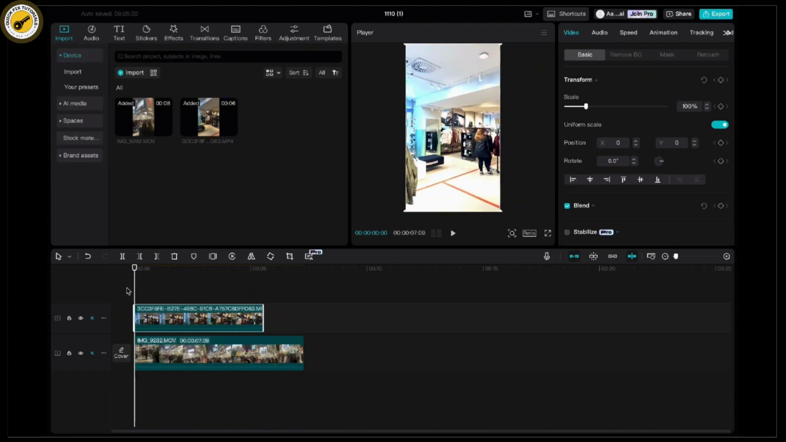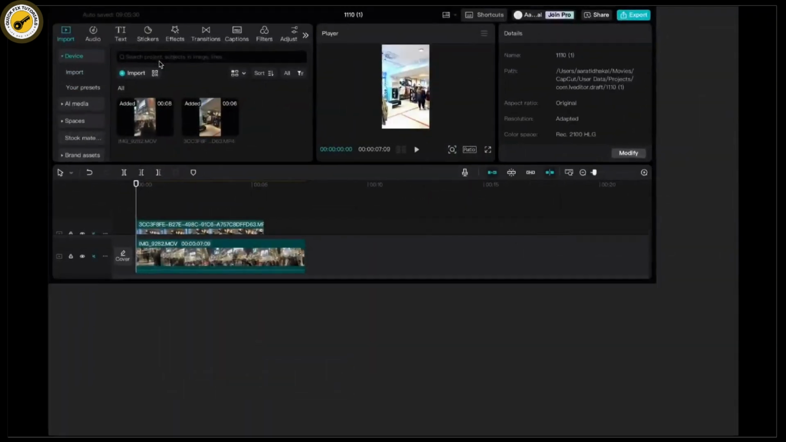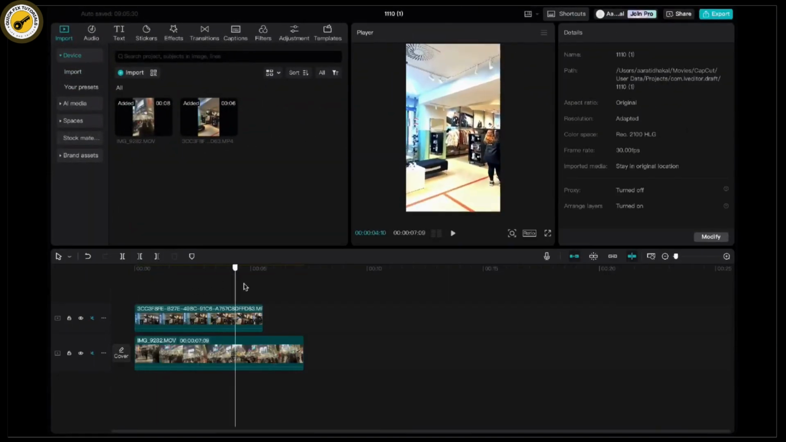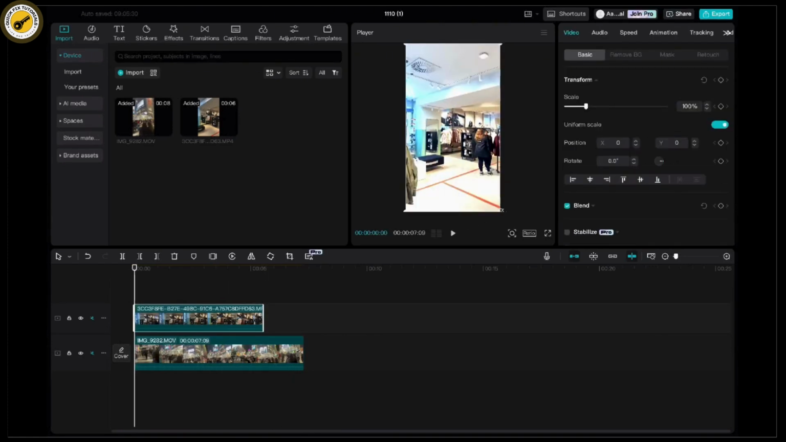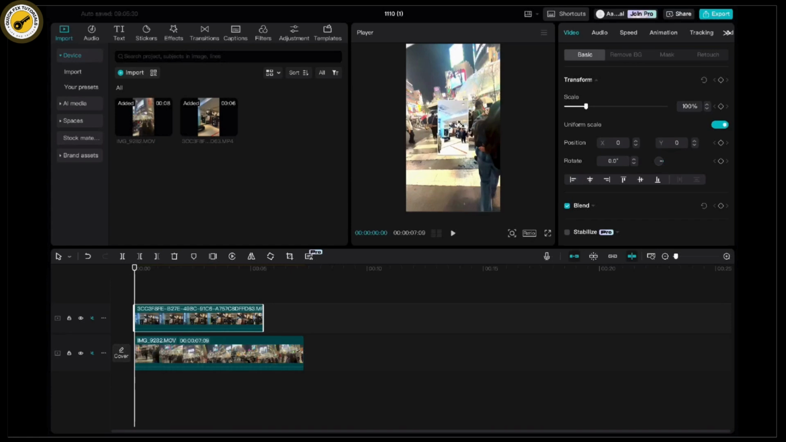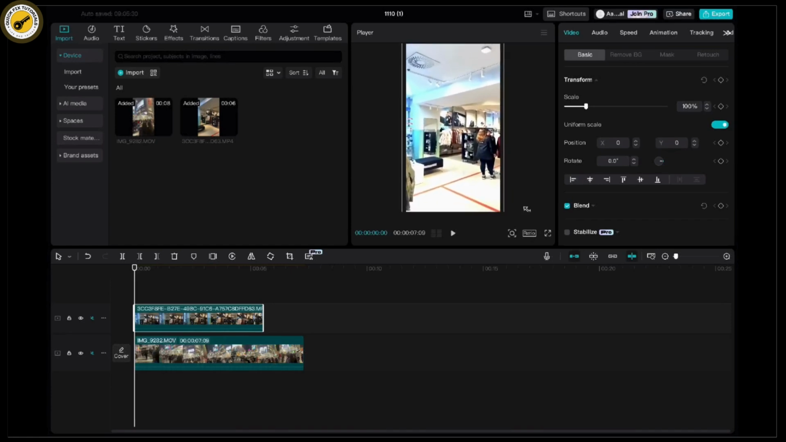Now, you can see there is only one video available on the screen. So in order to make it overlay, you need to position and resize this video. Now select the overlay on the preview screen to adjust its size and position. Now drag the overlay from the bottom to move it around the screen and use the corner handles to resize